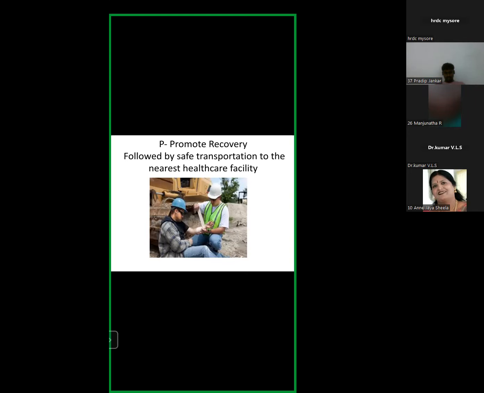The three P's, please remember the three P's when it comes to the first response in disaster management. The first P is preserving life, which takes utmost priority. The second P stands for prevention of aggravation. For example, if someone is unconscious, if we don't help immediately, the person may go for further aggravation resulting in death also. If someone has a severe injury with bleeding, and the bleeding is not stopped, definitely the blood loss can cause shock, and shock, if it is not treated, will definitely lead to aggravation